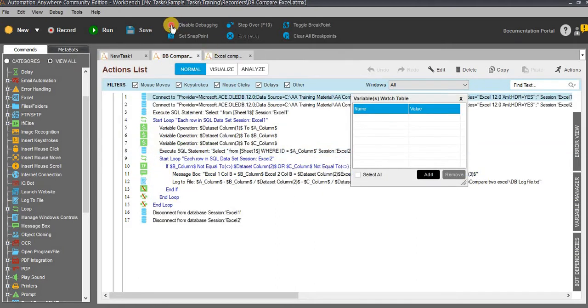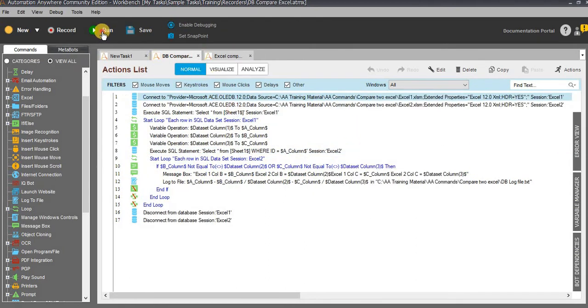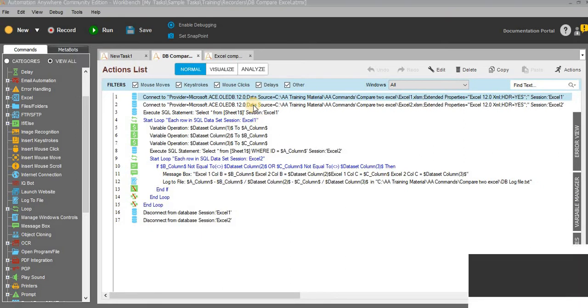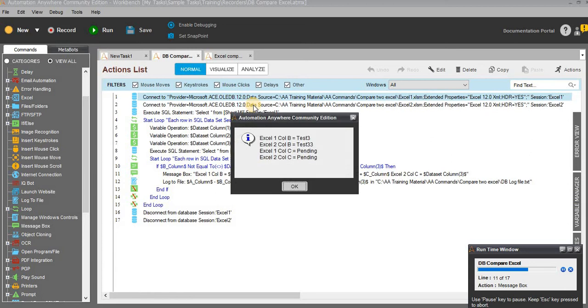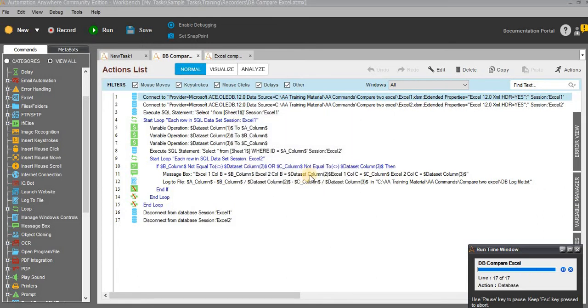So let me open the Excel as a database and run this. The same methods, we can use either the Excel command or else connect to Excel as a database using a connection string. There are no differences, but you can save a lot of time. If you are using Excel as a database, it will complete the activity quickly. So my recommendation is to use the Excel as a database connection string. I will explain both options, how to use the Excel command as well as the database command.